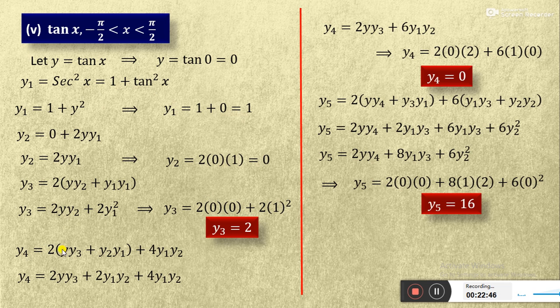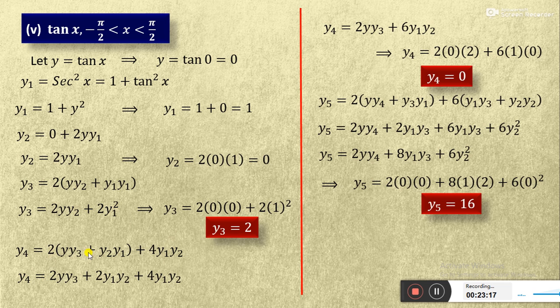Y4 means, I keep the y as it is and I differentiate the y2. Differentiation of y2 is y3, plus next, I write y2 and differentiation of y is y1. So plus 4 into, that means 2 into y. Differentiation of y1 square is 2y1, so by definition we differentiate the power. So 2y1 and differentiate the y1 is y2. So 4y1 y2. Therefore y4 equal to,